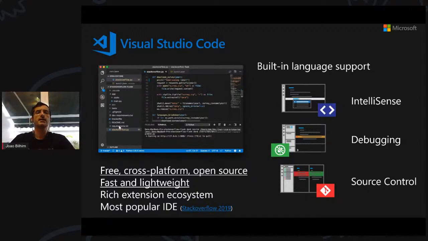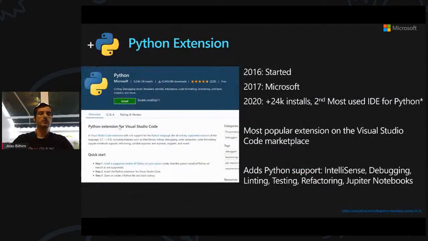Nowadays, Visual Studio Code, according to the Stack Overflow survey, is the most popular IDE among developers and SRE professionals across the world. When we look specifically at the Python extension, which is what we are here to do today, it is currently the most downloaded and popular extension on Visual Studio Code.